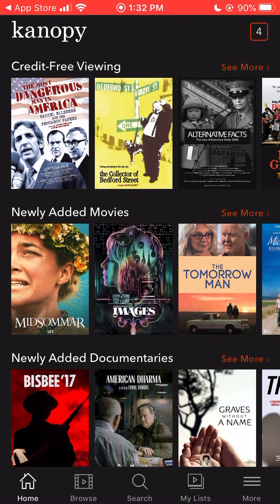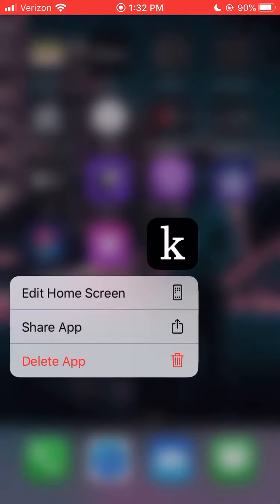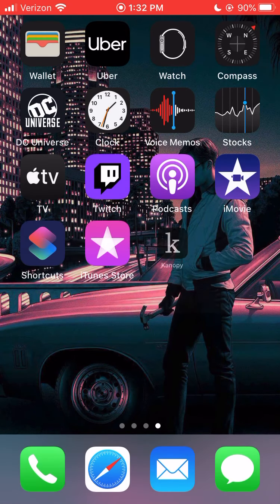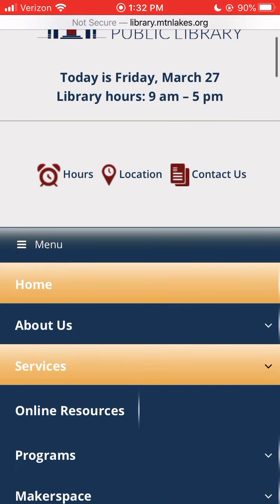Now, if I wanted to use the Kanopy desktop app and not an app on a phone or a tablet, I can do that directly through the Mountain Lakes Library website, which I'll show you now. First, I'm just going to delete this app so the website doesn't know that we have it. Now, from the Mountain Lakes Library website, that's library.mtnlakes.org, I can just click on the menu and go down to Online Resources,